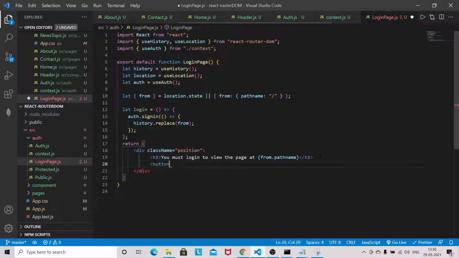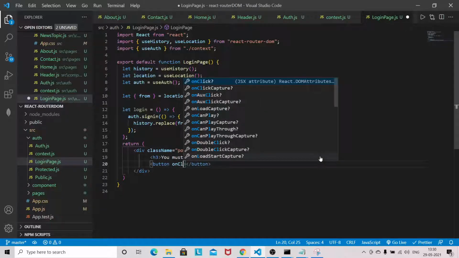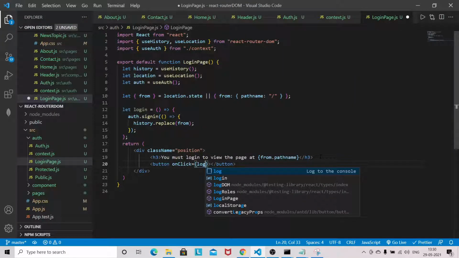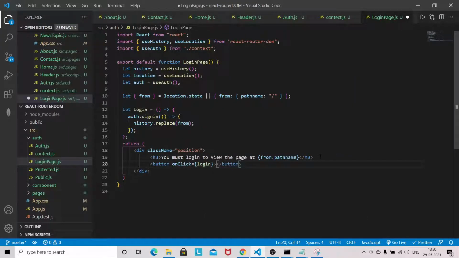Then a button, on click it will call login, and the button name will be login. So the login page is done.